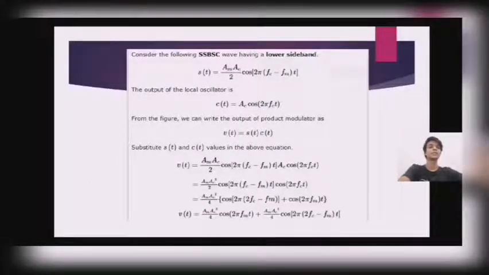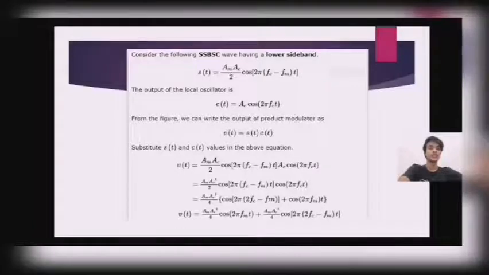Now let's come to the mathematical expression. Here the SSB-SC wave s(t) is given as s(t) = Am Ac/2 cos 2π(fc − fm)t. Here fc and fm are the frequency of the carrier wave and the frequency of the message signal. Now c(t) is the carrier wave, c(t) = Ac cos 2πfct. Now we take the product of both waves and simplify